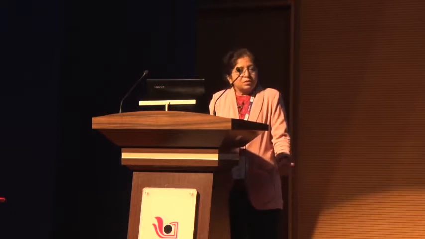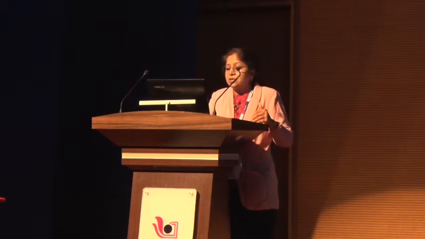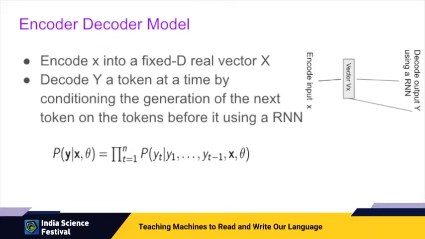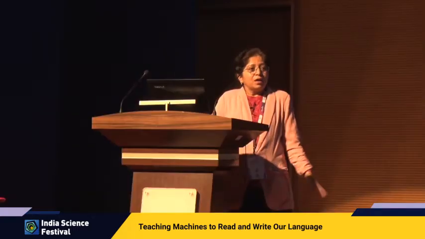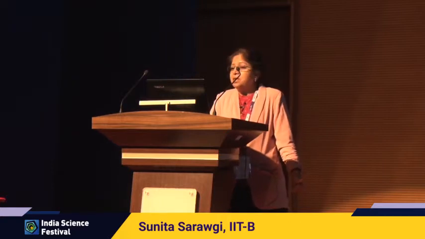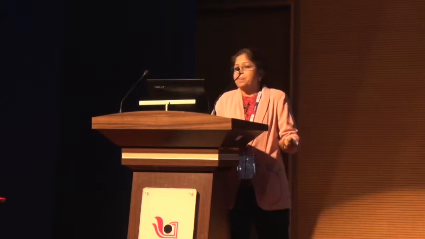Now, sequence to sequence learning in state of the art deep learning systems for translation is handled through what are called encoder decoder models. In an encoder decoder model, you first encode the input x into fixed dimensional real vectors, and we already saw how that can be done; we were calling them sentence embeddings. But now for translation, we are going to take the sentence embeddings as input to the next stage, which is called the decoder, which is going to generate the y or compose the sentence one token at a time.